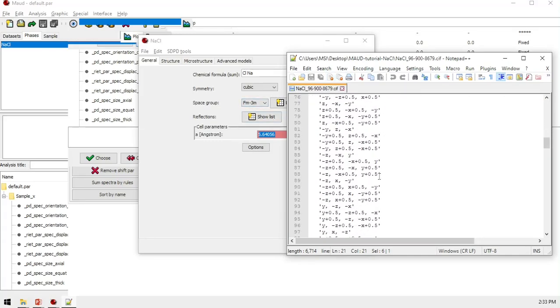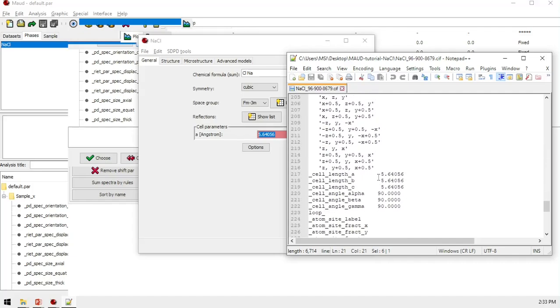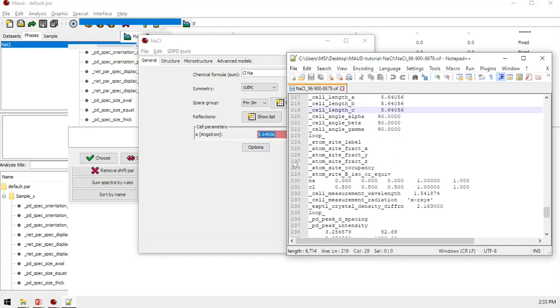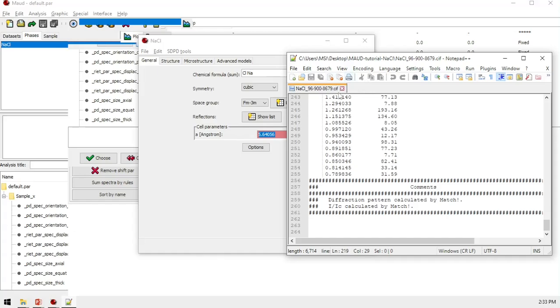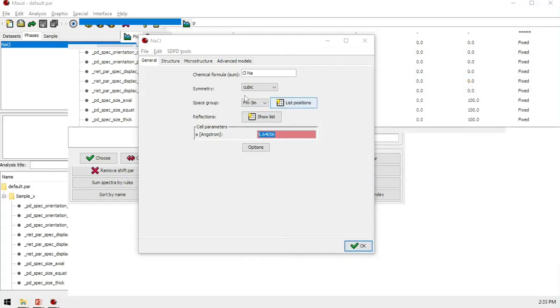And then the other important part is this cell length. It's a good starting point, and the other information you can check in more detail, but we will just quickly check there is no error in this window, because sometimes it can appear as triclinic or another symmetry.